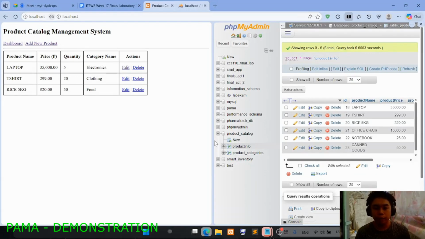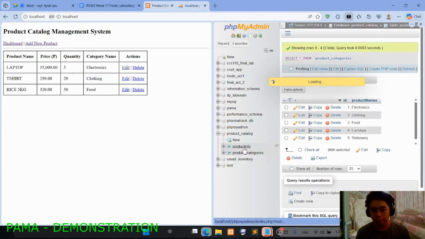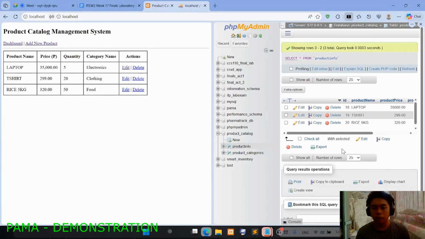If we refresh the page, we should see the laptop, t-shirt, and the rice, the only ones remaining in our product info table. Let's refresh it first. As you can see, our delete function is working, and as you can see here in the database, the laptop, t-shirt, and the rice remain, same as in the dashboard.